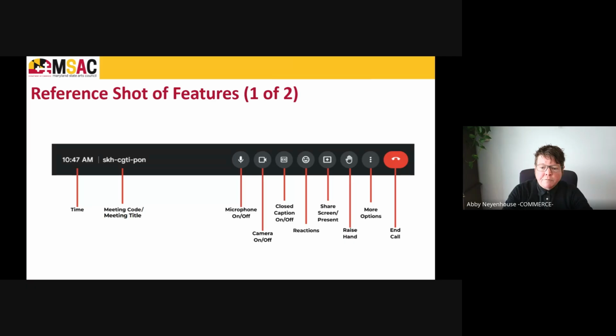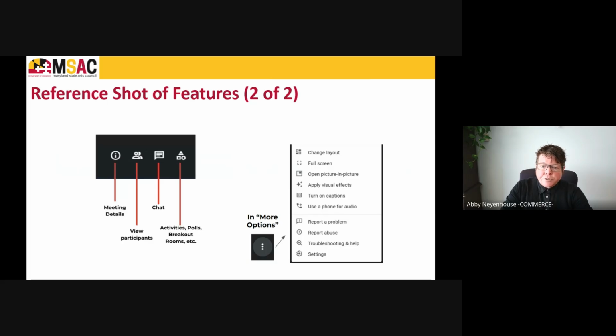Also, in keeping with State of Maryland guidance on generative AI, please do not use AI meeting assistants of any kind. Any virtual assistants appearing in the meeting will be removed. Emojis are available by clicking on the reactions button that looks like a smiling face emoji. There is a raise hand function, and if you have a question, you can raise your hand at that time. Again, I would ask that everyone wait till the Q&A period at the end. And click on the red button with the phone receiver on it to leave the meeting on the right-hand side.